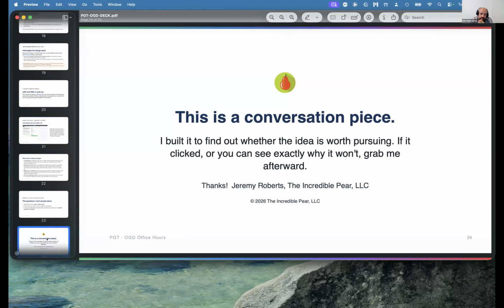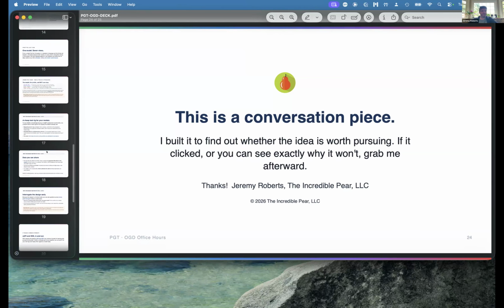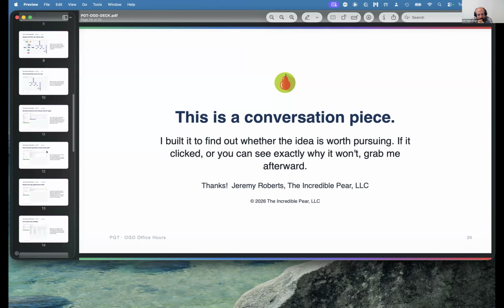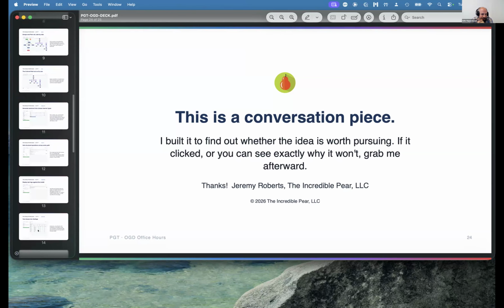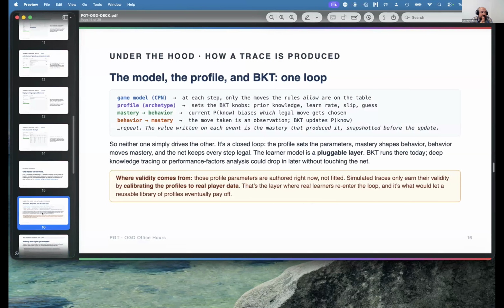Thank you. Wow, super cool. I have a bunch of questions about the VKT bit. Okay. So I did a lot of learner simulation stuff in my past, so we can also maybe talk more about this in the future. But so you said you just ended up doing the standard VKT forward simulation math, Bayesian update rule based on feedback and stuff. But you said here that based on the current P known it decides which legal move.